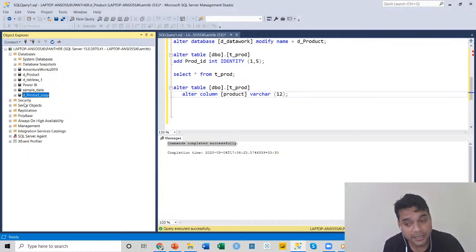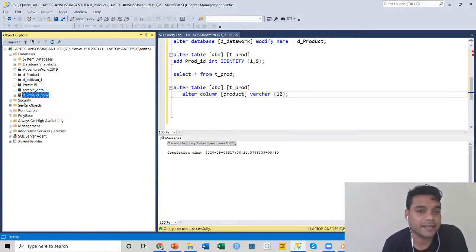Now I would request you guys to explore the reasons why we need to actually duplicate a database, and what are the steps that I have followed to copy the data for importing the data from the source database to the destination database. The next scenario that I'm going to talk about is